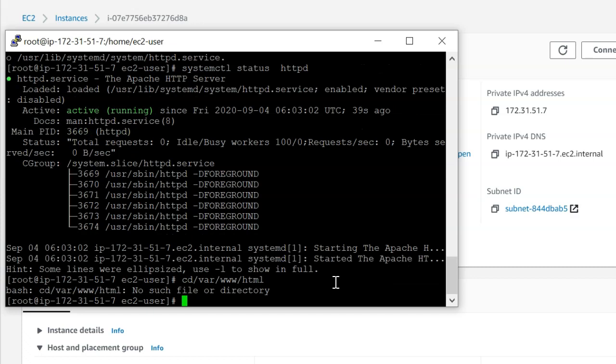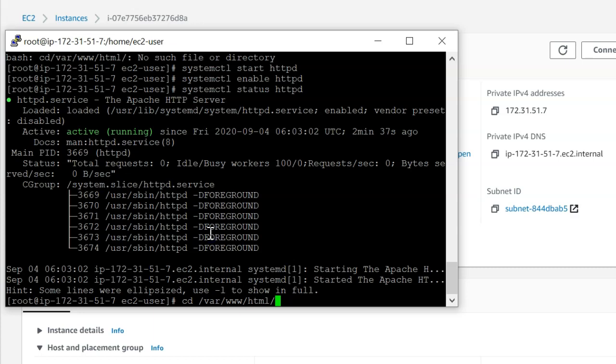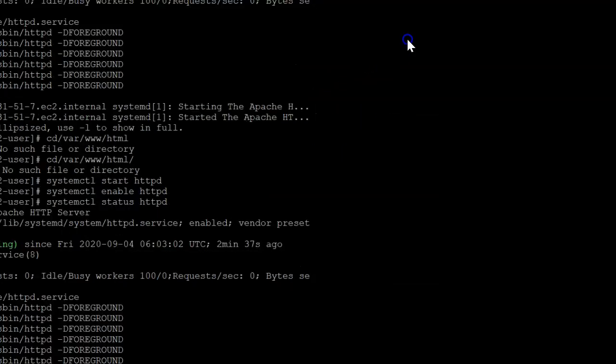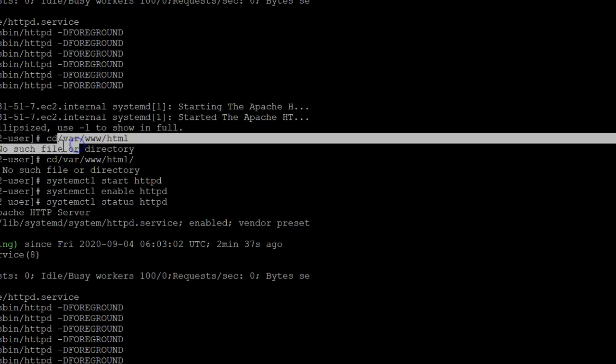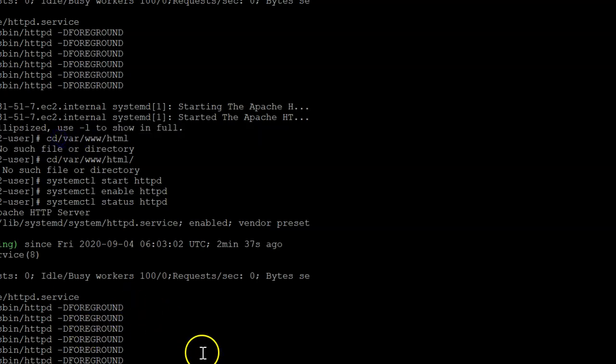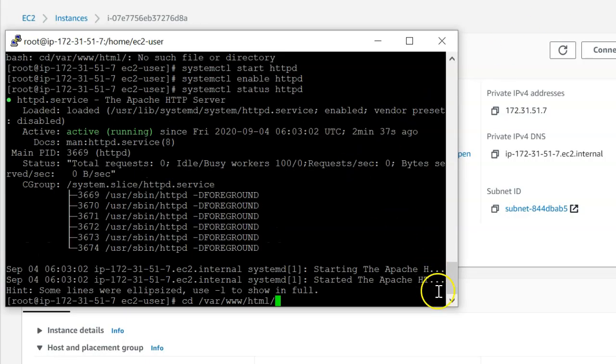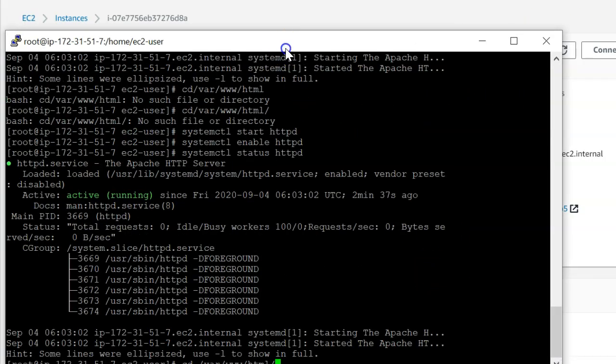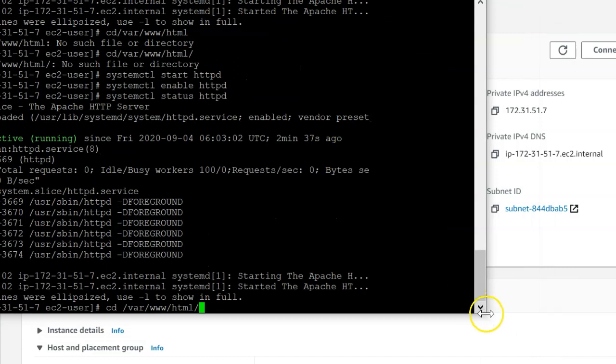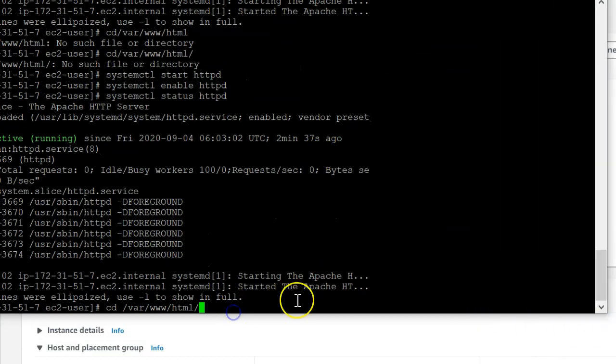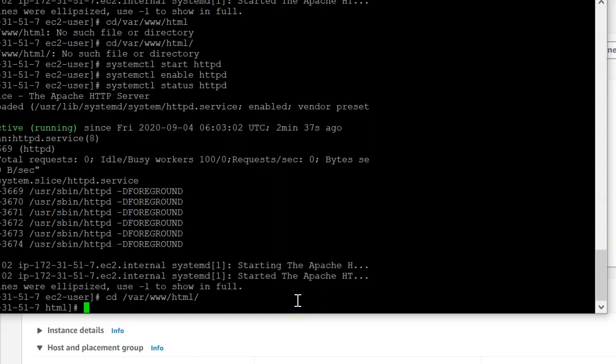No such file or directory is available right now. Okay, no worries. Let me just check one thing real quick. As always, I do have some typo mistake. Let's see, this time I'm typing it correctly. I think that time I didn't have any space between cd and the path. Hopefully this time it's going to find it. Let me minimize this screen a little bit, expanding it here, and let's see if this time it can find the directory.